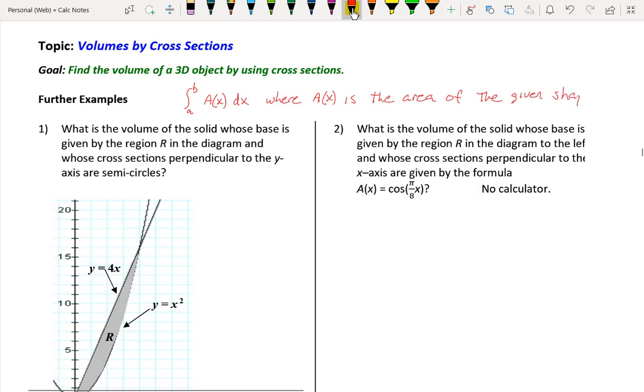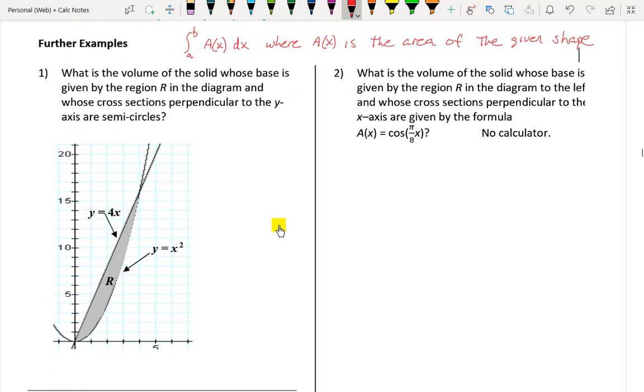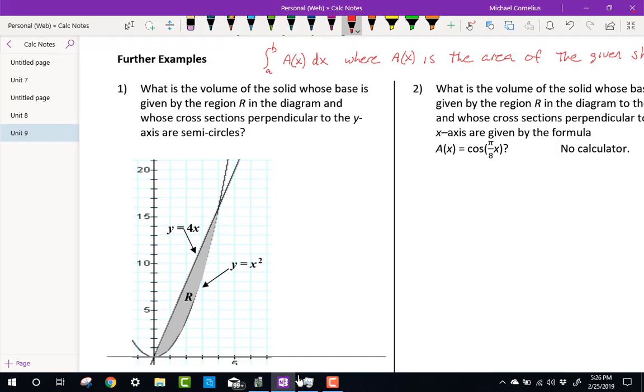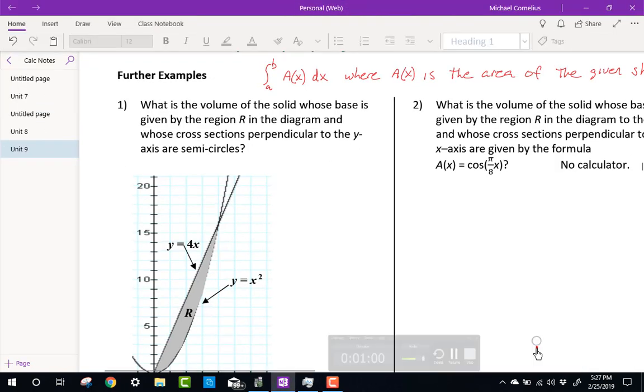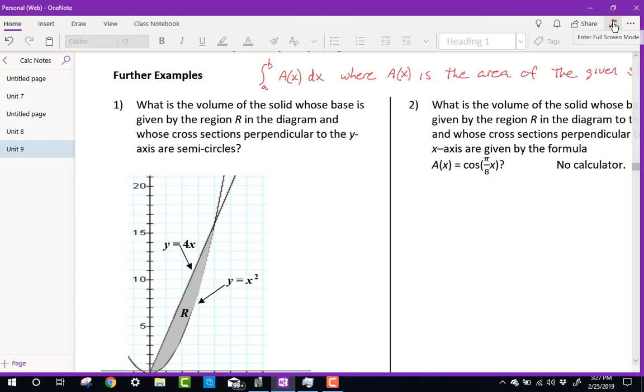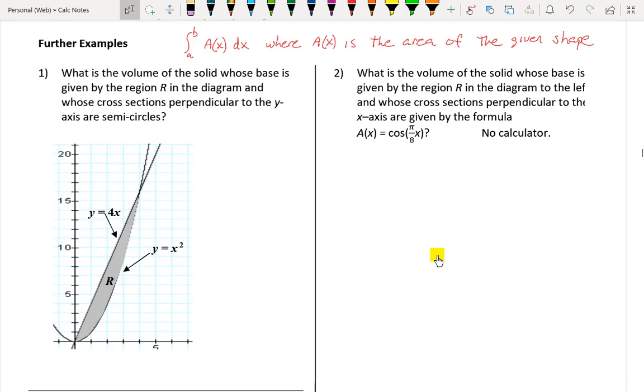All right, so what do we mean by given shape? If you look at the next example down here, this time we're looking at not such a nice neat little base, but it really doesn't matter because it talks about the volume of the solid again, whose base is given in the region R. All right, so our solid over here is this area in the shaded region here, and our cross sections are going to be perpendicular to the y-axis, and